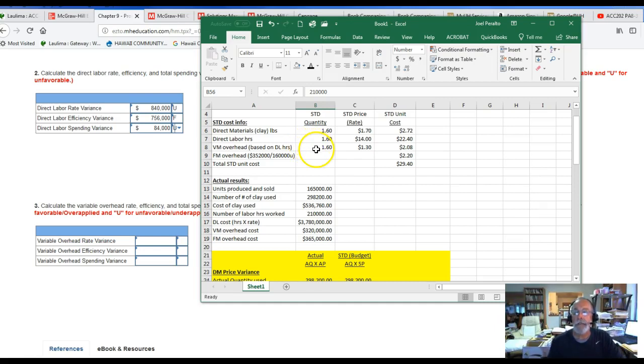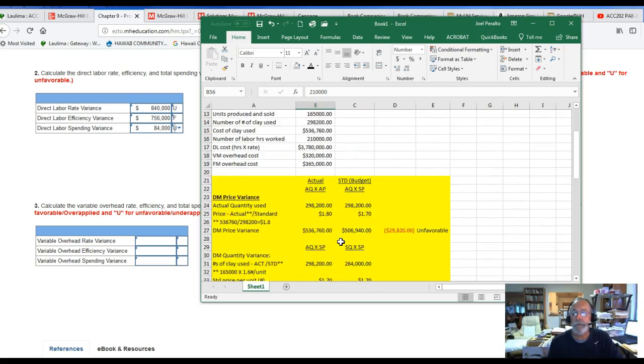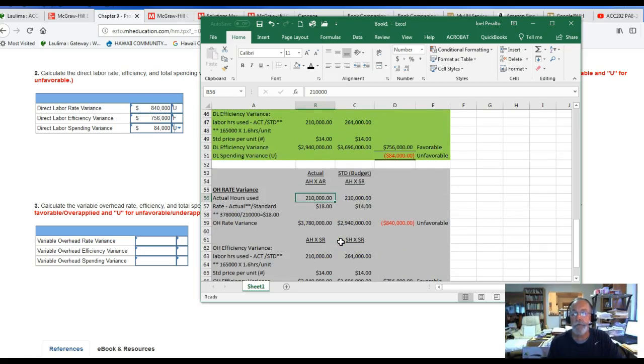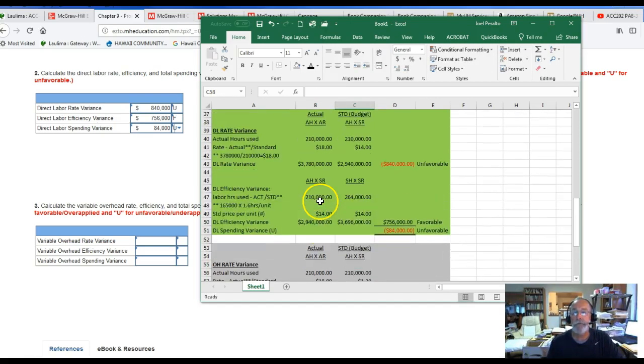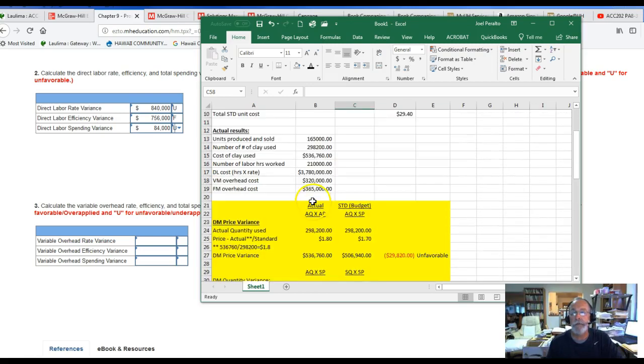That's a quantity, number of hours for variable overhead at $1.30 per hour is our standard. So our standard rate is $1.30. Actual hours used, I believe, based on,